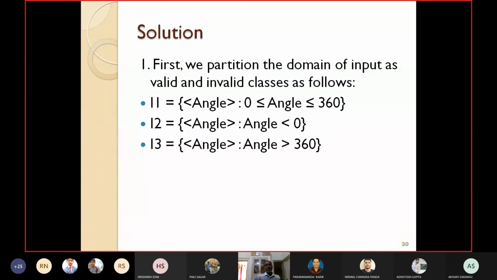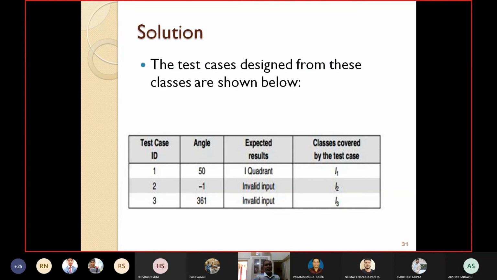A very simple table. First column is test case ID, second is the input, here the input is angle, third column is the expected result or expected output, fourth one is which class it covers. So for the first test case, I have taken a valid angle, that is 50, which lies between 0 and 360.